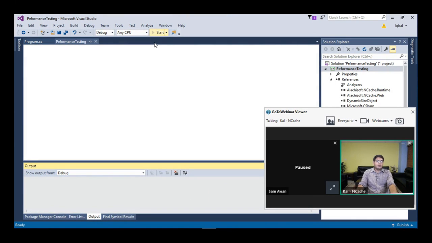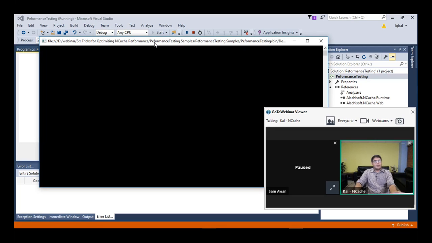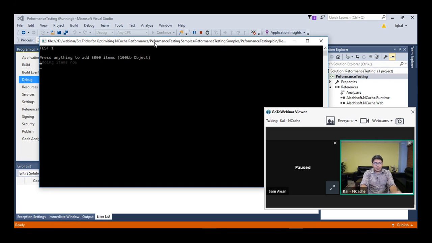So now, from the exact same test, I had 5,000 items into the cache of size 100 KB, and then it is going to fetch those items using the in-proc client cache. The concept remains the exact same. Once your application is adding items into the cache, it would also add it in the client cache that's present in the very same process, because we're now running it as an in-proc. So it's adding those items into the client cache as well, and it's also adding into the clustered cache. So once it is, I'm going to click on enter now.